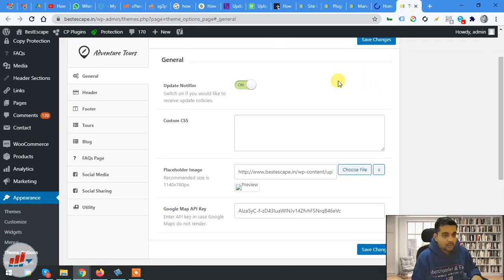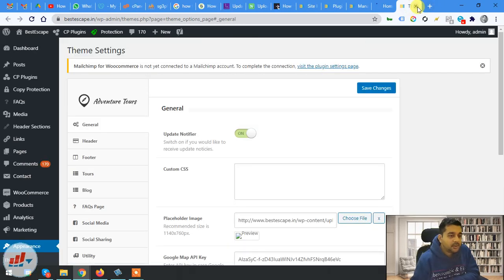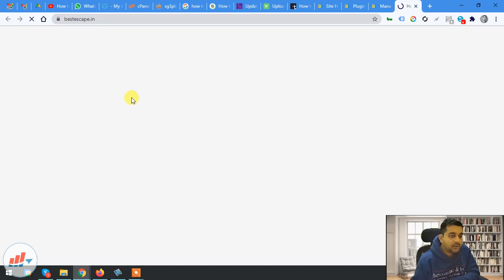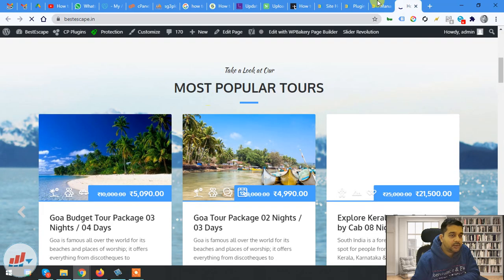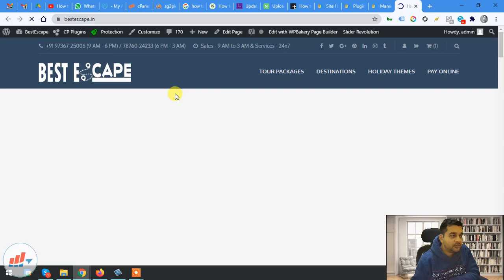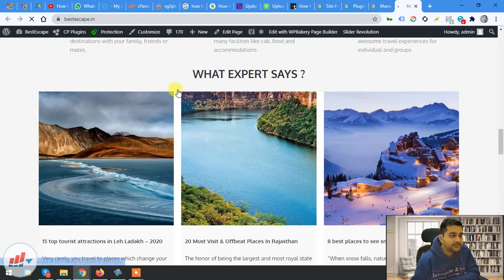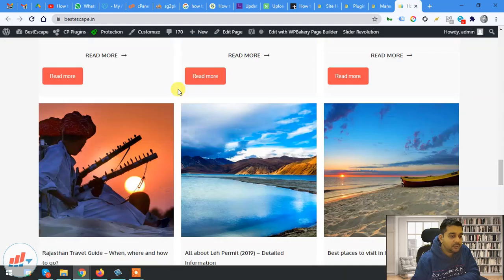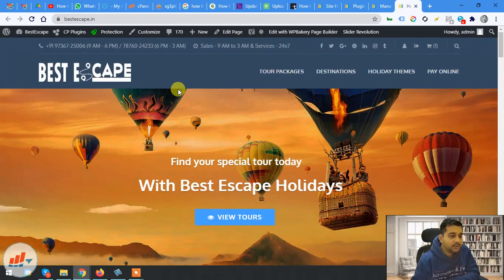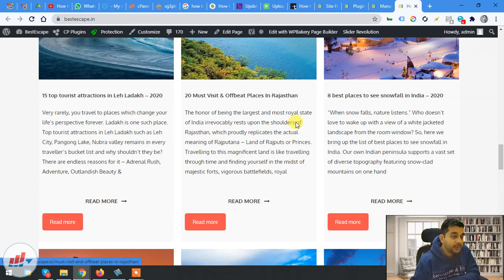Okay, so the theme is updated now, and you can recheck whether everything is working correctly by visiting your home page, and you can see here that everything is working correctly as it was. So nothing is disturbed now, and the theme is updated. So this is how you can update a theme manually for your WordPress website.